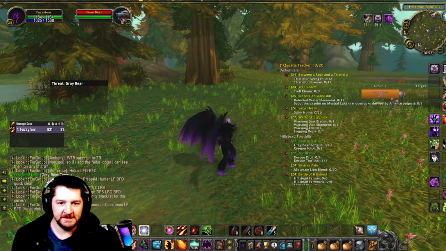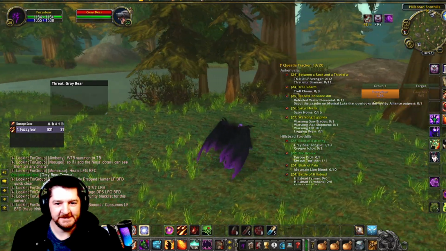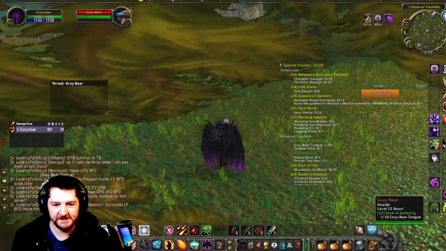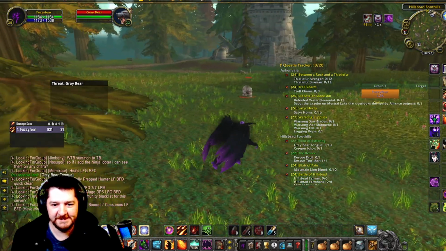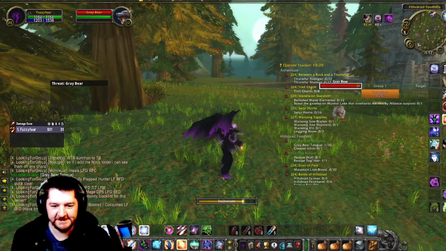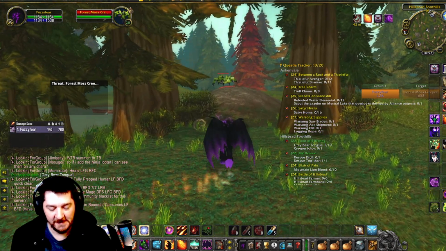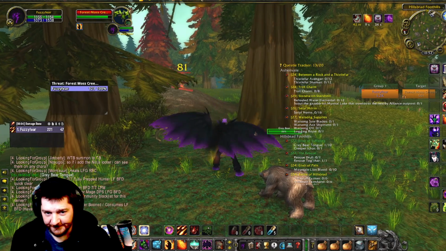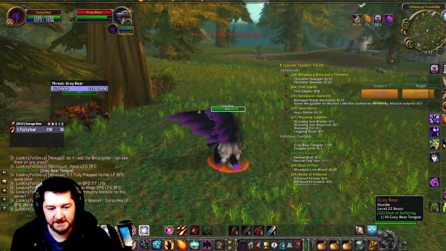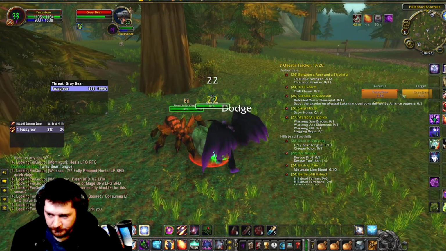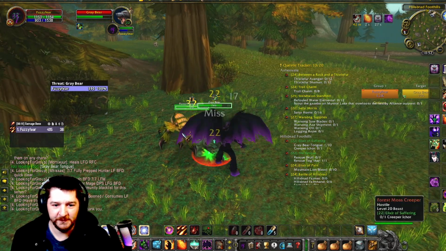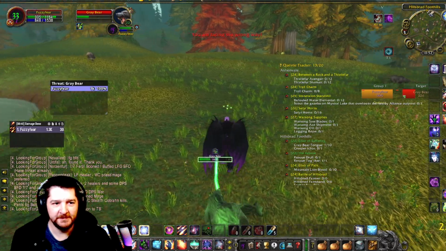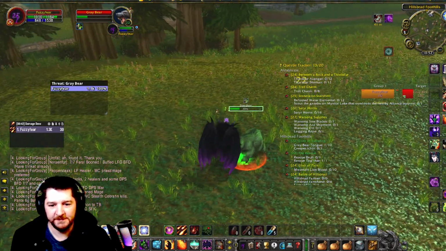But that's not the biggest problem I have with the instant corruption. Here's the thing: if you're using the Incinerate Rune, which I was having trouble with threat, so I went to the Incinerate Rune to help me with threat, right? Okay, so here's my biggest problem with corruption.